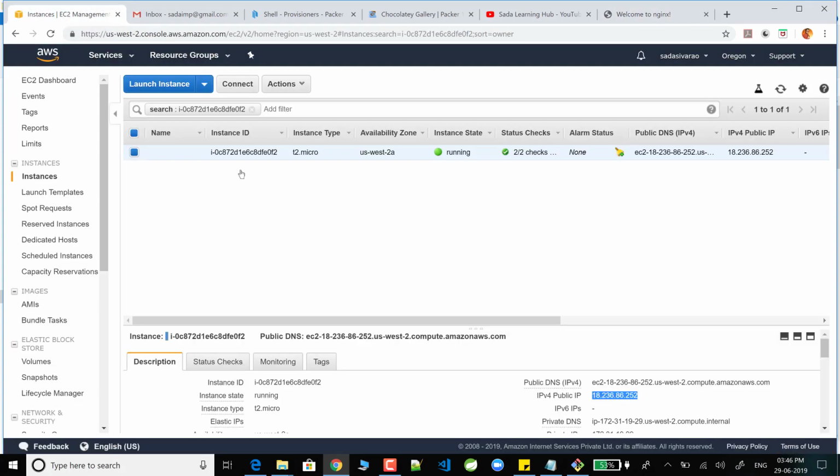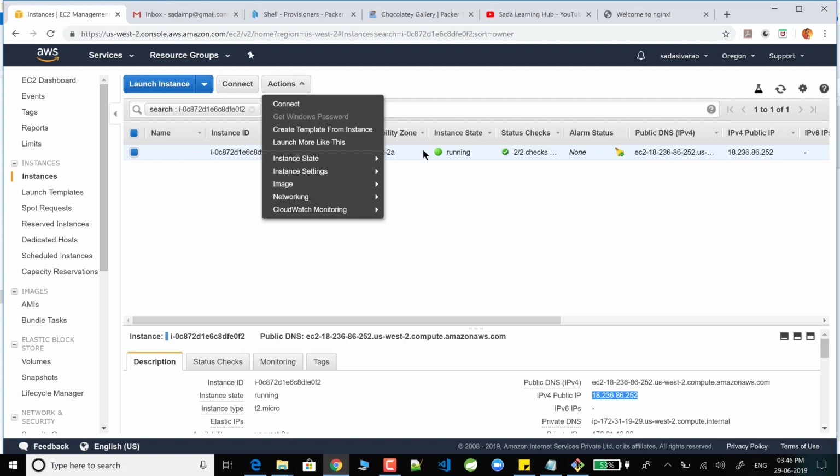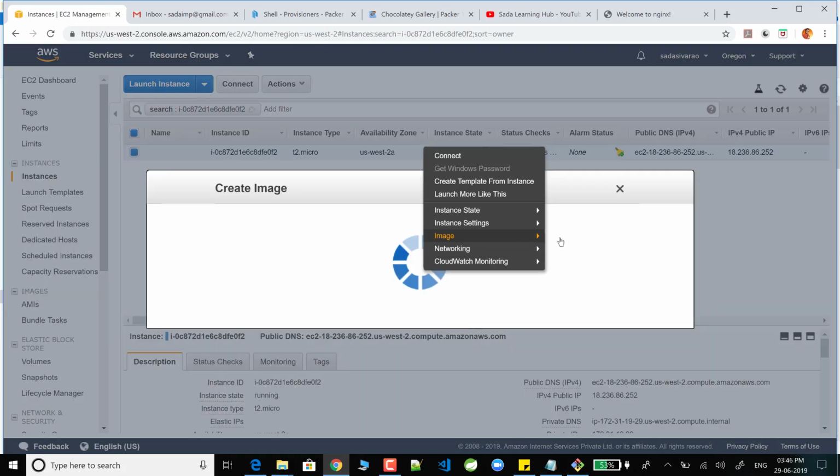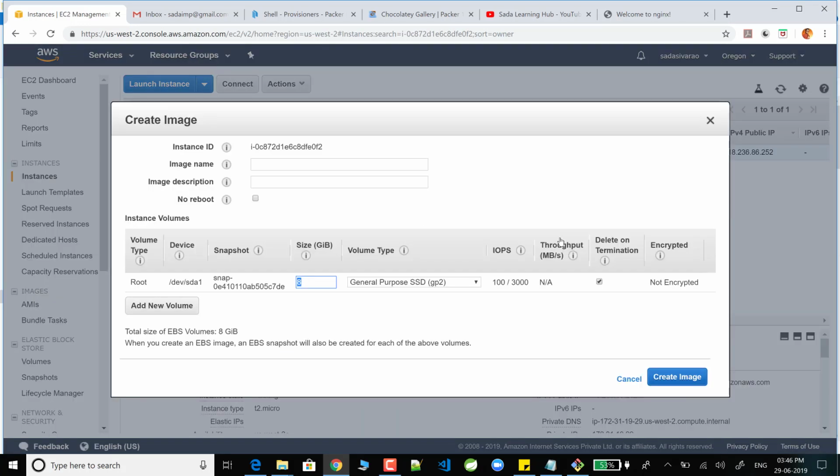Now, how are we going to create an image for this? Select this one and go to actions, or otherwise right click on this instance and click on create image. Once you click on create image, it is going to ask for the image name.